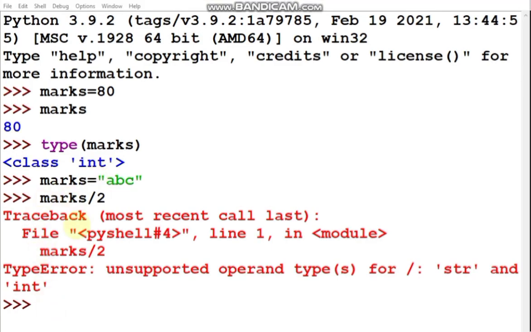So in this way, remember that if we are dynamically changing the value of any variable during runtime, and you try to apply an operator which is not allowed for that kind of data type, then that will fetch you an error. So I try to divide marks by 2, marks divided by 2. The slash is the operator we use for division. So it is giving you an error.